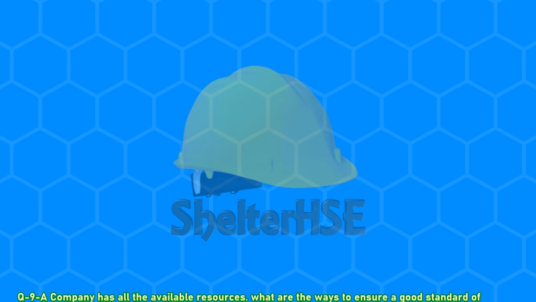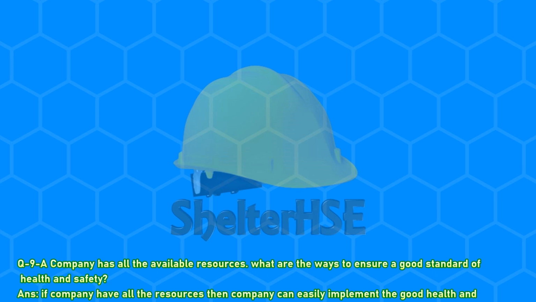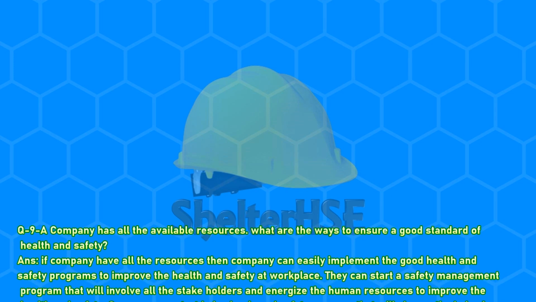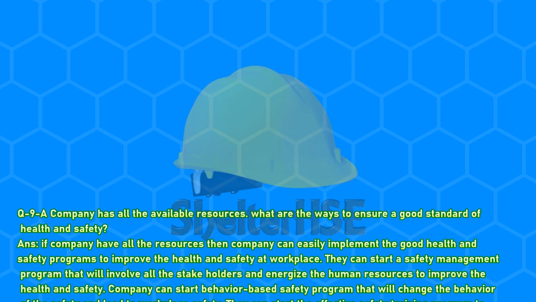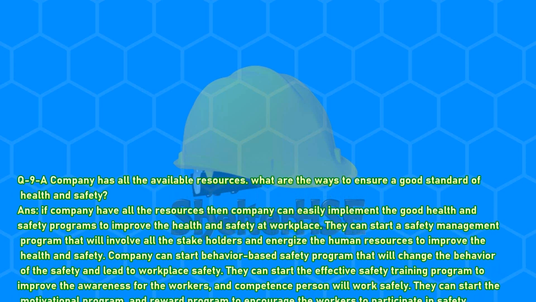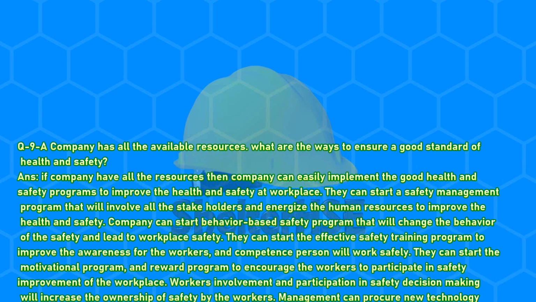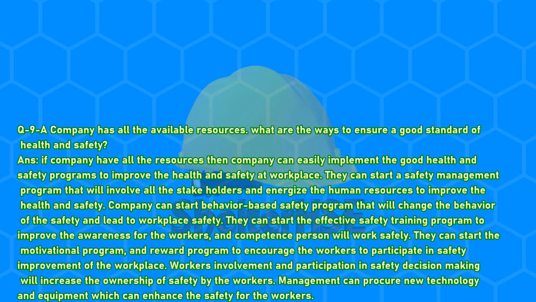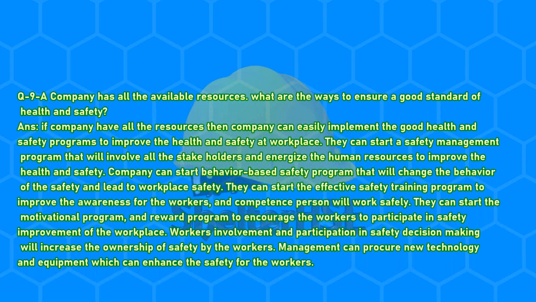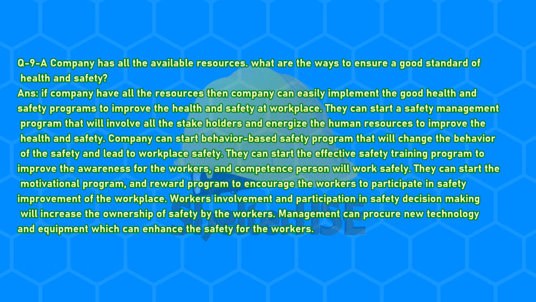Question 9. A company has all the available resources. What are the ways to ensure a good standard of health and safety? Answer. If a company has all the resources, then the company can easily implement good health and safety programs to improve health and safety at the workplace. They can start a safety management program that will involve all the stakeholders and energize the human resources to improve health and safety. Company can start a behavior-based safety program that will change the behavior of safety and lead